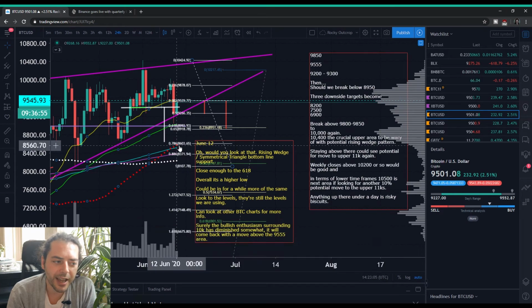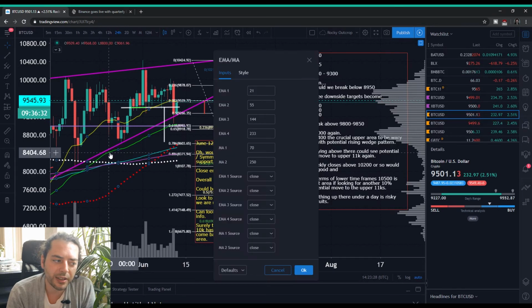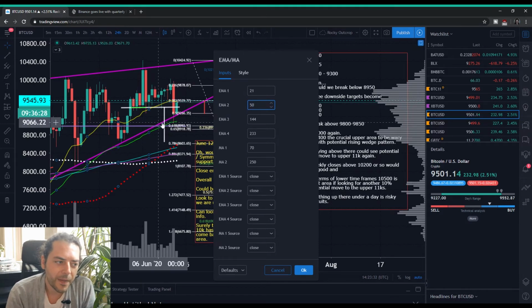And you can see that the 50 simple comes in at that sort of 8,560 area. So, of course, that's what you need to look to if you were to be breaking down past this and hoping for a turnaround at some point off the back of this golden cross, for the longer term future of the coin. Some people will be looking towards the 55 simple, 55 exponential, or indeed the 50 exponential. Just change that to 50 so that you can see that. We came down and touched that and were supported by it. I use 55, so I'm changing that back to 55